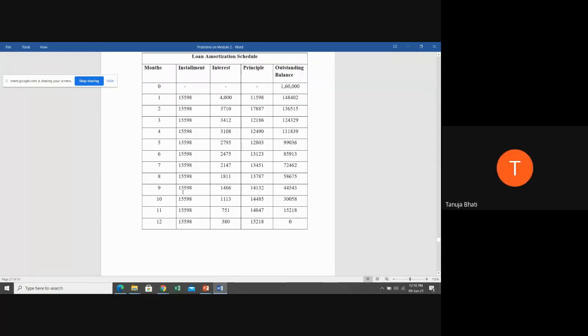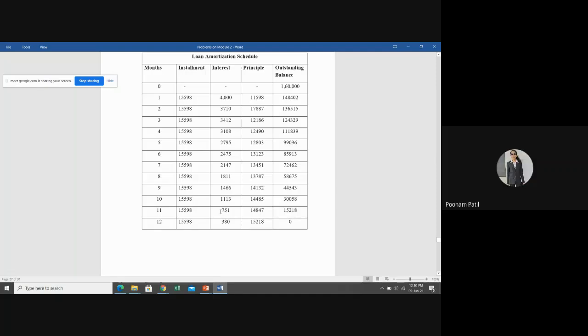Okay, now you can directly go to the 11th month. So in the similar lines from 5th month to 10th month, on the similar lines what she explained, you have to keep solving it. Always remember, interest on outstanding balance, principal is installment minus interest, outstanding balance is the previous year balance minus the principal amount. Okay, you can directly continue with 11th month.